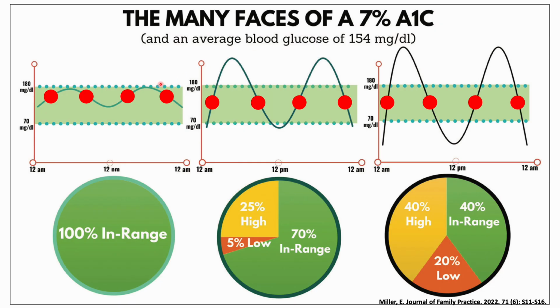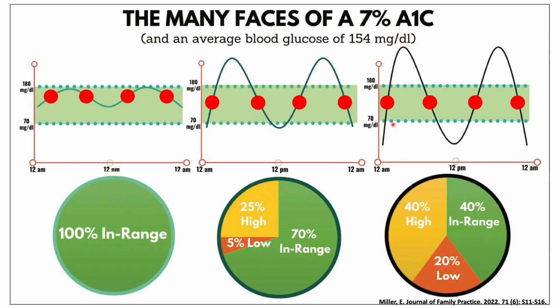On the far left, each of these red dots represents a blood sugar reading, and you can see how across the board in each patient, all of the blood sugar readings are in normal range. However, you can see how much of a difference there is in the patient on the left, where this line, which represents all of the CGM readings that a patient may get throughout the day, is very different and much more stable compared to this patient in the middle, where you start to see more hyperglycemia, where they're above 180, which is this top line, or starting to see a few readings that are less than 70, or hypoglycemia,